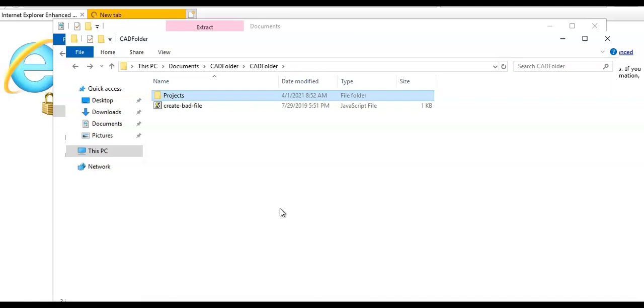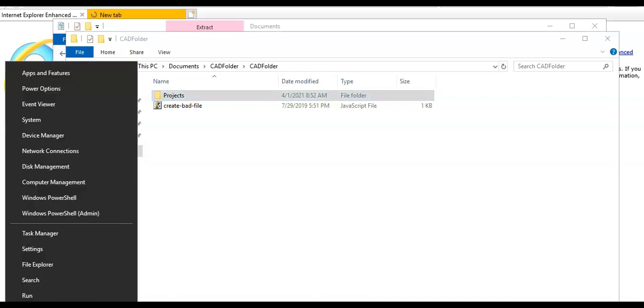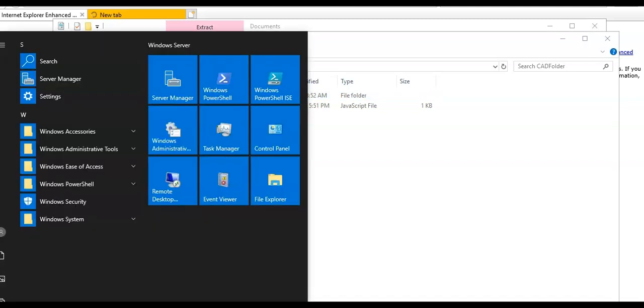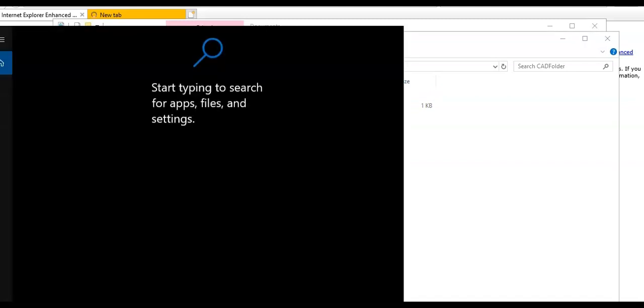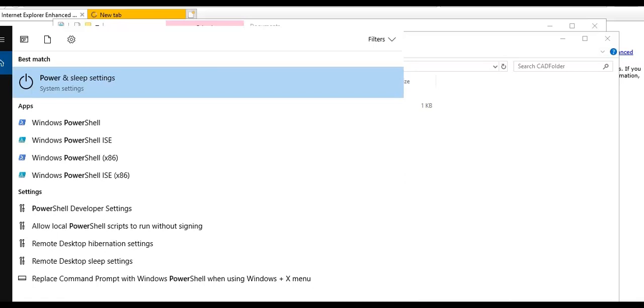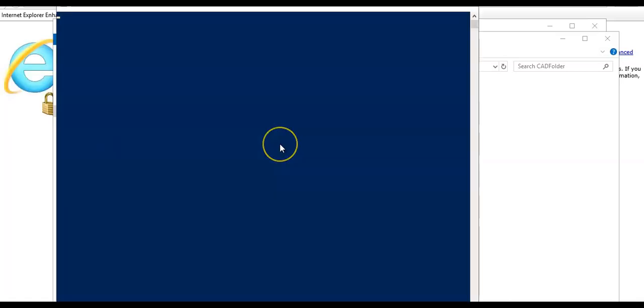I will install the Azure PowerShell modules on it. So let me do PowerShell here, run as administrator.